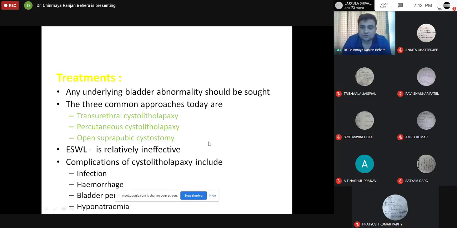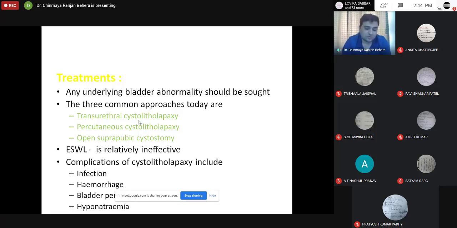So basically you need to remove the stone. Either you crush the stone and remove it, or you can directly open and remove the stone as a whole. All these endoscopic methods are to crush the stone and remove it. That is, you go through the urethra, crush the stones and then remove the fragments. That is called transurethral cystolitholapaxy. Litholapaxy means crushing. So when you go through the urethra, it is transurethral